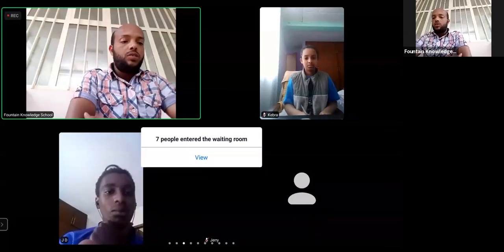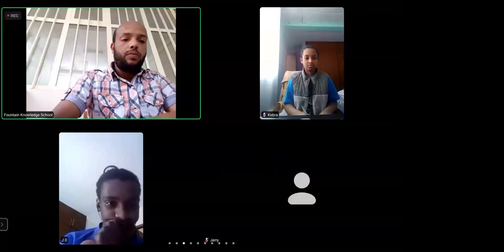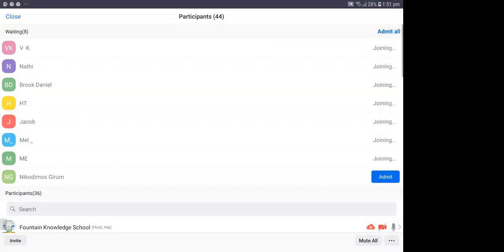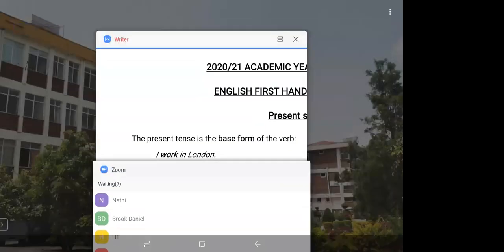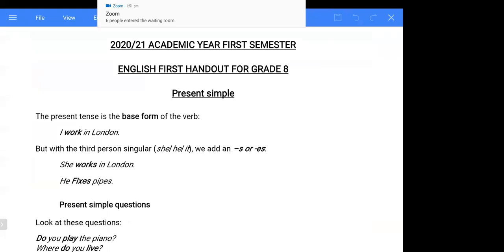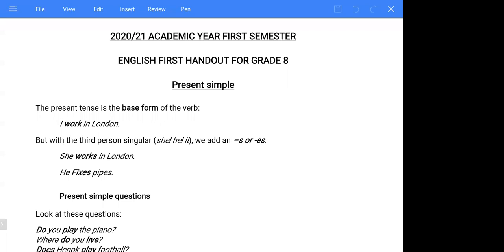If you have any questions, you can ask after the discussion. Can you see the Word document now? Yes. Very good. Okay. So as you can see, it says English first handout for grade 8, and it talks about present simple. This is useful for all grades, because it's a common